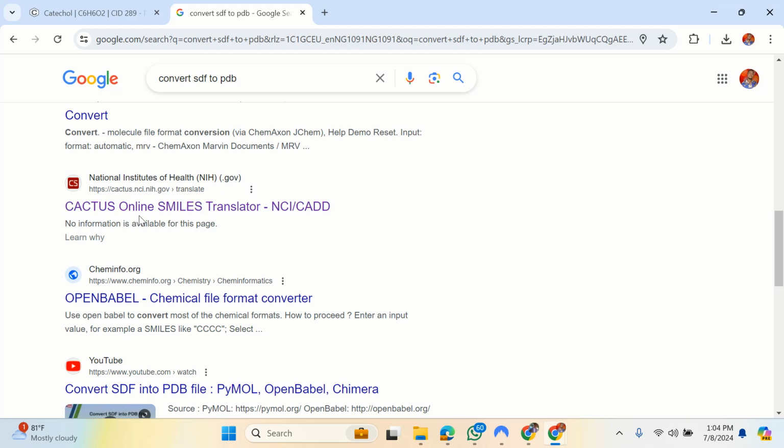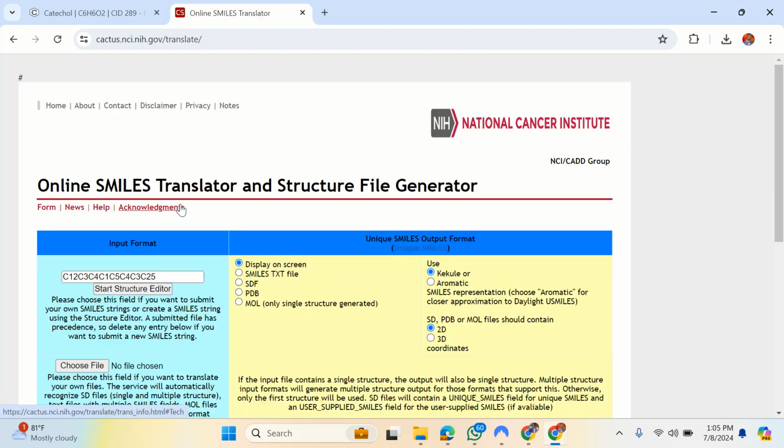The Online SMILES Translator. If you search "convert SDF to PDB" then "online SMILES", it will certainly bring you to this. So I can go ahead and click on this online translator, and then when I do,